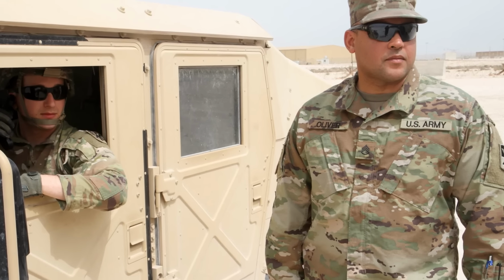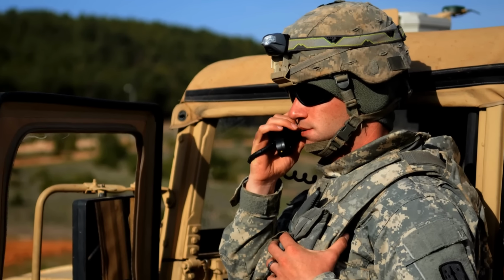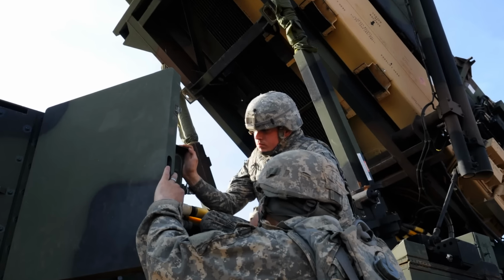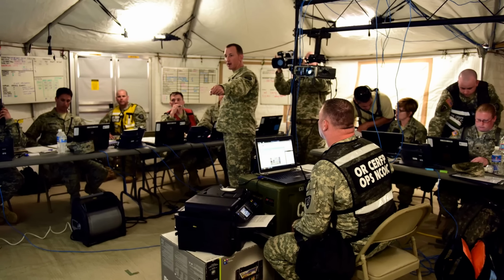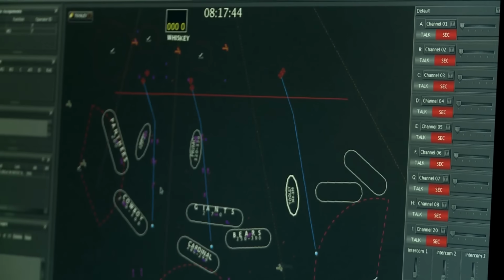Once all the launchers are set up, the hot crew is formed. This crew is going to be on shift for the next 8 to 24 hours, traveling from launcher trailer to launcher trailer, refueling the launcher trailer generators, and doing whatever the ECS needs them to do, like inspect a launcher that stopped communicating with the ECS. The end result looks something like this. All of this is controlled by a local TOC, or Tactical Operations Center. You might find some 14 hotels in the TOC managing the air battle, but it's mainly where the commander and